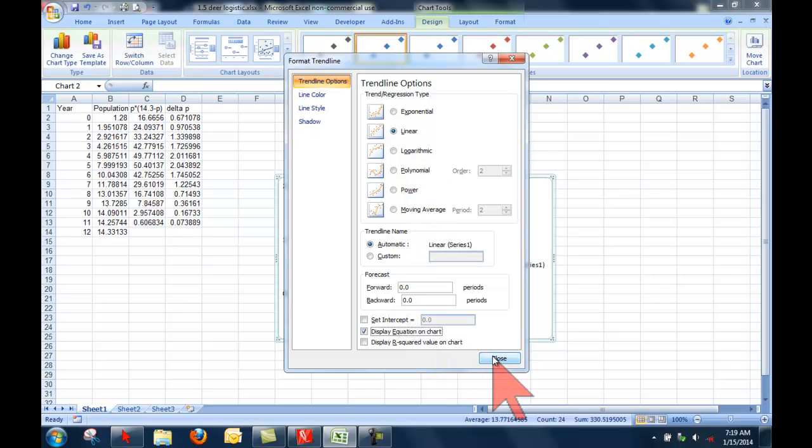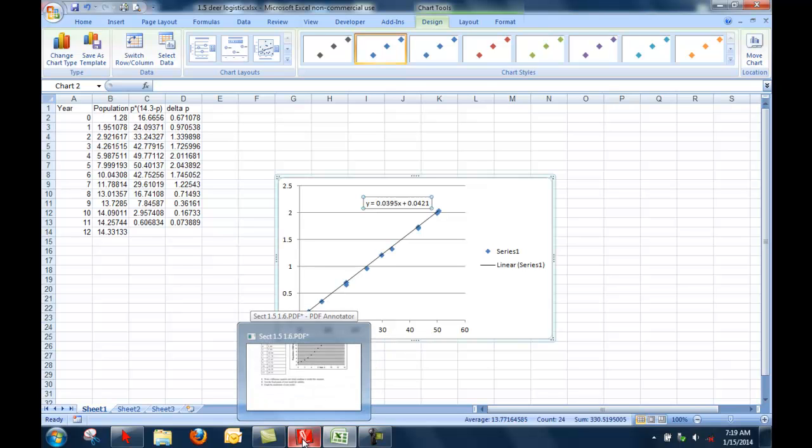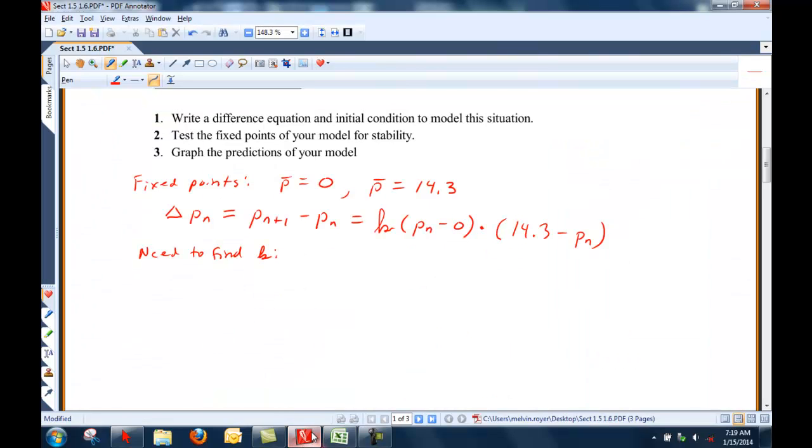And when we do that, I see a value for the slope of about 0.0395. And so that is apparently a very good fit line, and that information is what we were looking for regarding the value of k, 0.0395. So from the linearized graph, k is approximately